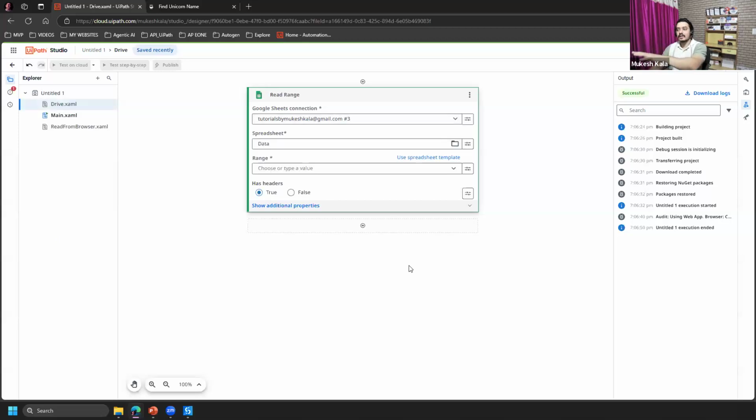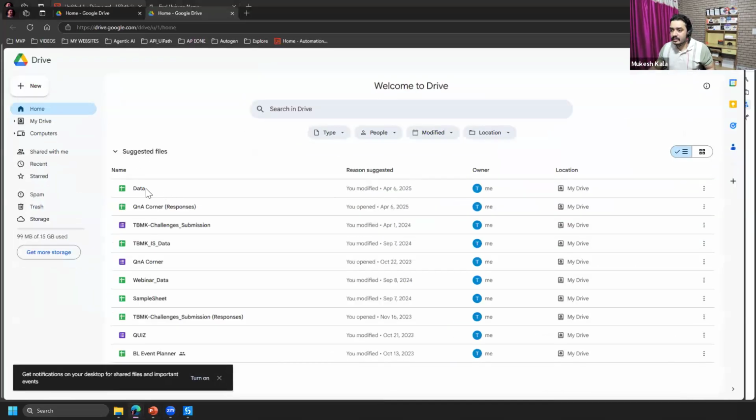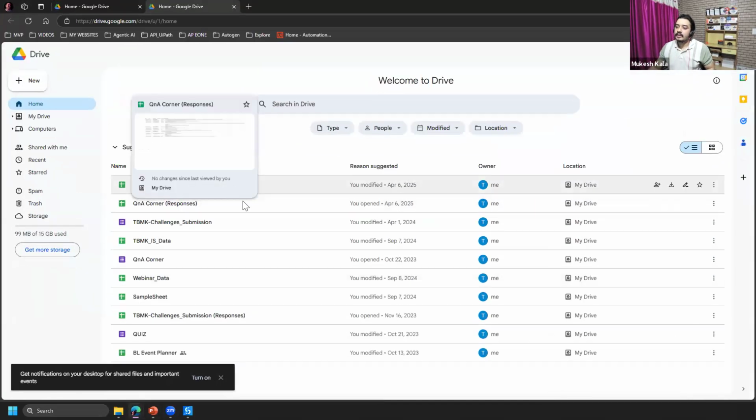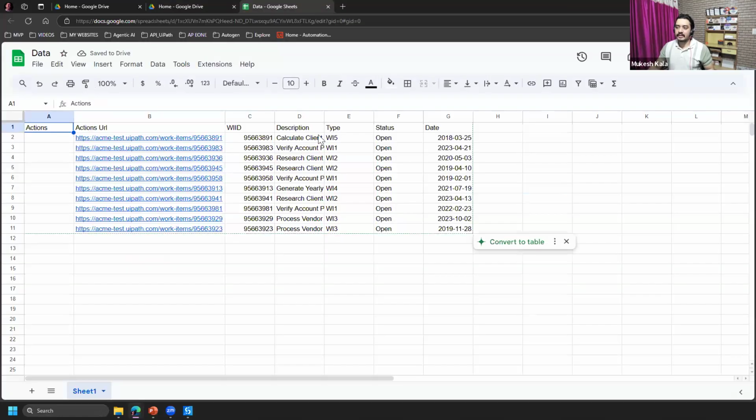So it's that low code. You just have to make the connection, do this, right? And then what do you want to do with the data? I want to read the data. I want to iterate it. It can be as simple as that. You have an Excel sheet with some kind of data available here, and from here you have extracted this URL and you want the robot to go there. This Excel can have student mark sheet data where you can ask the robot to read the certification data and send it, right?